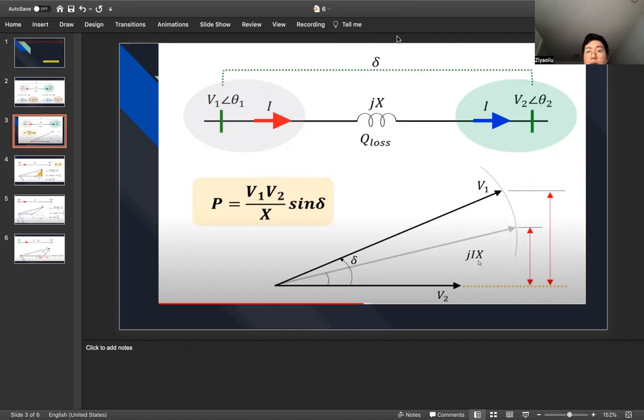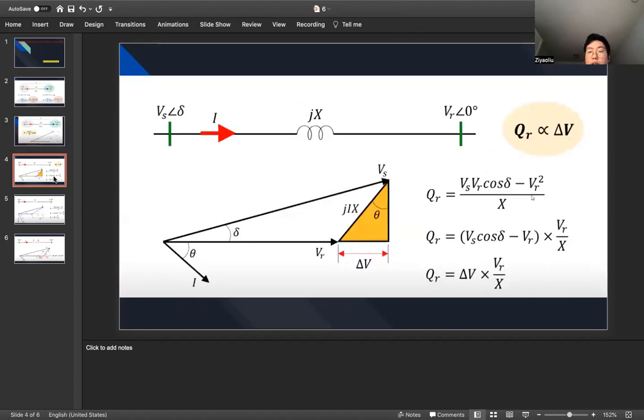Let's see. And third part here, Q. We saw this equation, right? So what I want to say here, guys: the current is coming through here, right? But theta is here, so theta is the same, right? This is cosine, that's why I said P. And this is sine. Sine is Q. So the result is it's related